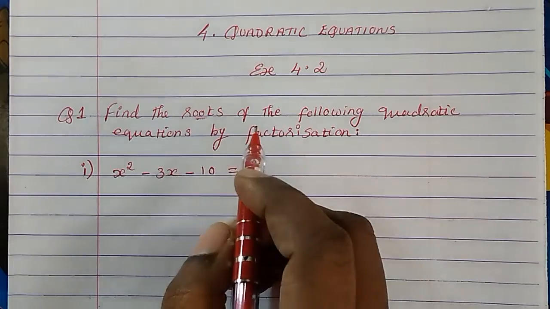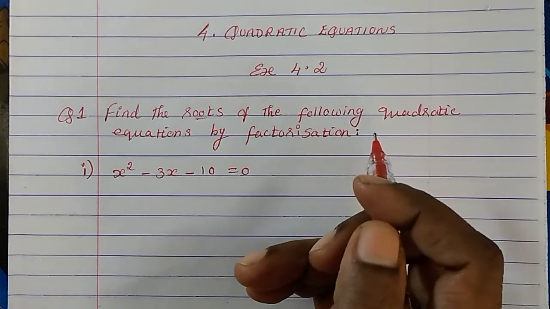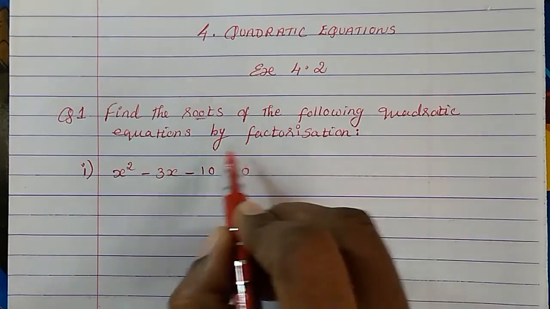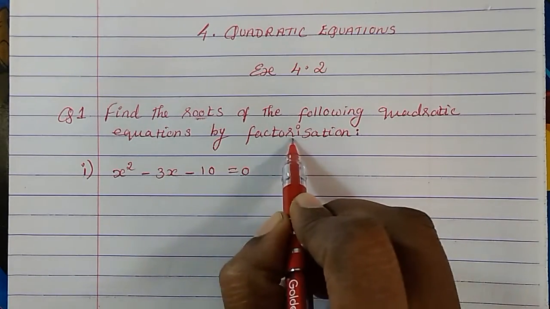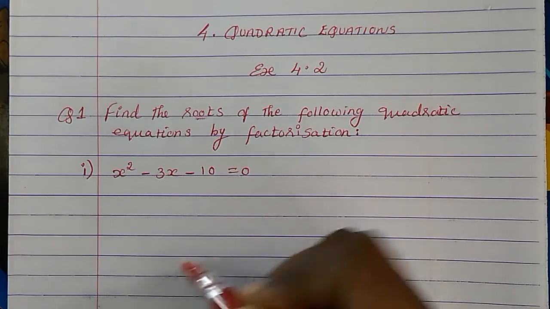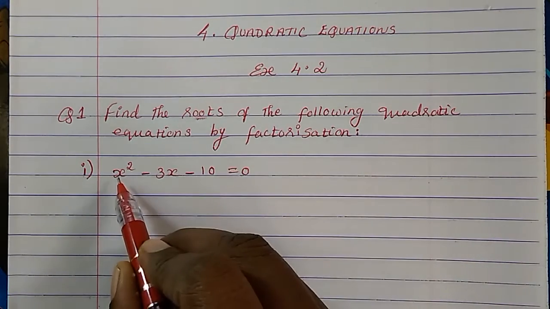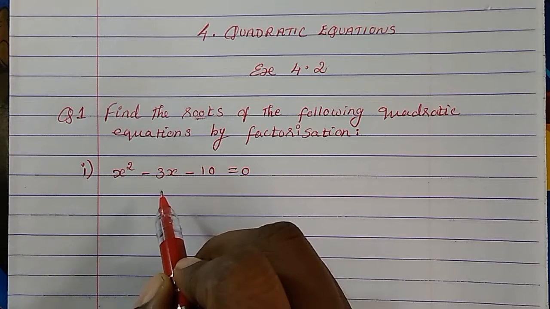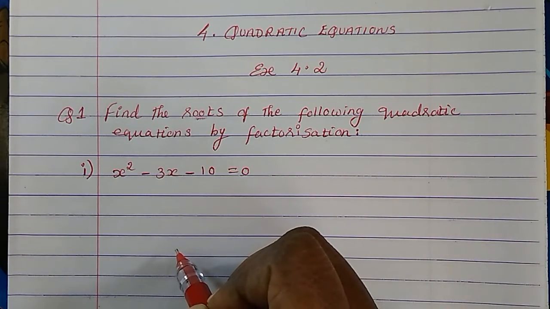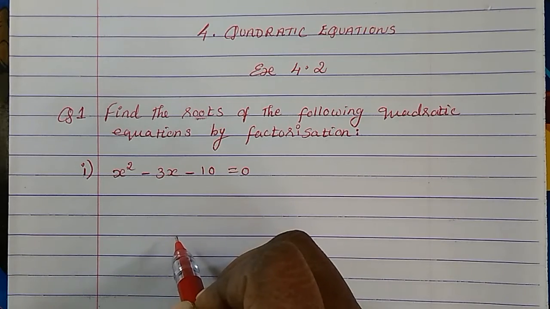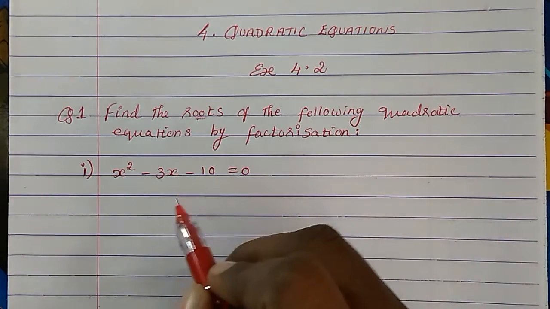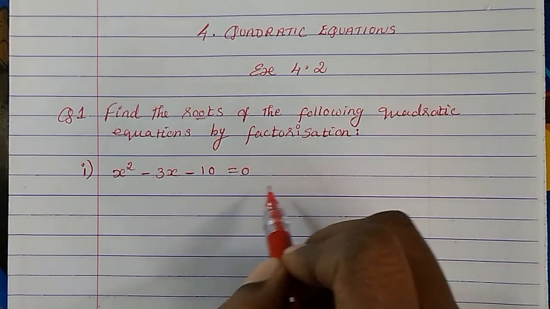Only the terms are different, but what we are going to do is the same as we did in the polynomial. And then it is said that by factorization. So factorization means we have to factorize, find the factors. So the same thing only. So it is a quadratic equation, so therefore 3 terms are there. Whenever we have 3 terms, we normally use the splitting the middle term method. So that's what I'm going to do. And you have done it in polynomial, so there is no problem.